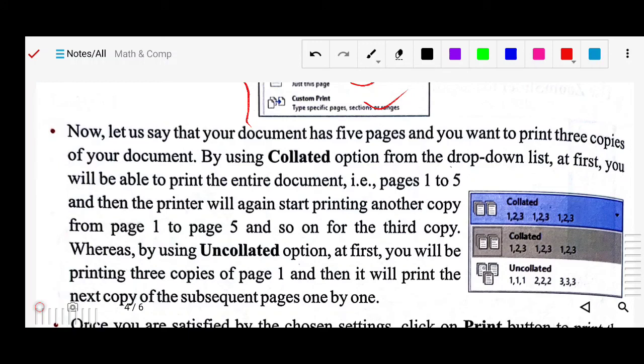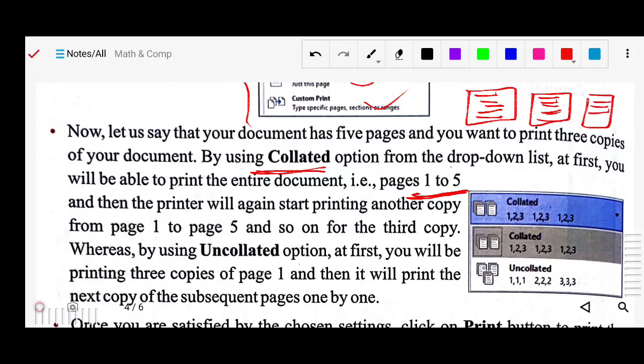In the case of collated, first all 5 pages, 1 2 3 4 5, will be printed for the first book. Then for the second book 1 2 3 4 5, and for the third book all 5 pages will be printed.